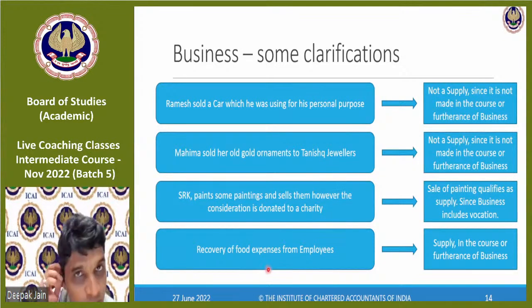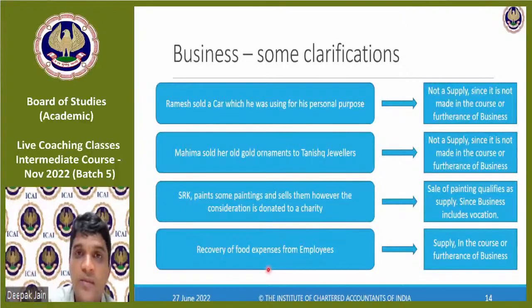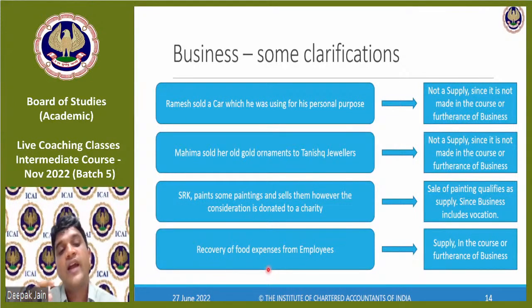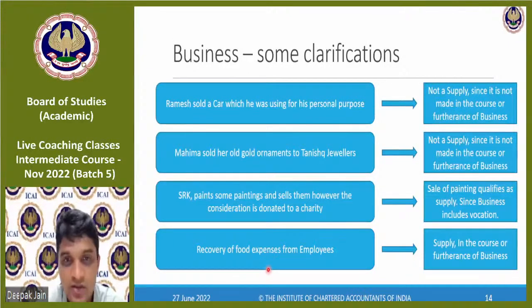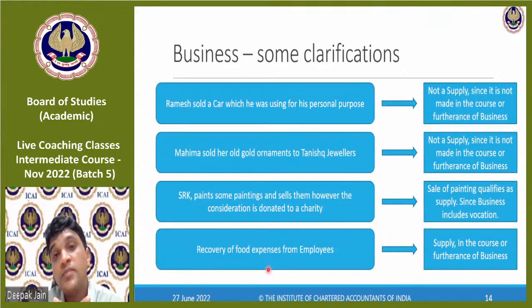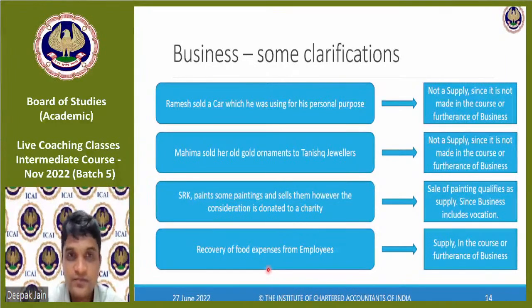Recovery of food expenses from employees. जब employees को हम खाना देते हैं कैंटीन में और उनसे रिकवरी लेते हैं, ओके, स्टिल वो सप्लाई ही रहेगा. ये नहीं बोल सकते कि मैं फूड सप्लाई में नहीं हूं, लेकिन आपके एम्प्लॉयज को आप दे रहे हो जो रेगुलरली काम कर रहे हैं, राइट, और कैंटीन का चार्जेस आप एम्प्लॉय से रिकवर कर रहे हो, उसके ऊपर क्लैरिफिकेशन है कि जीएसटी लगेगा उसके ऊपर. ठीक है, सो एनी रिकवरी फ्रॉम द एम्प्लॉयज फॉर फूड इज लायबल टू जीएसटी. तो कंपनीज जनरली रिकवरी नहीं करते, अगर करते हैं तो उसके ऊपर जीएसटी लगेगी. ठीक है,